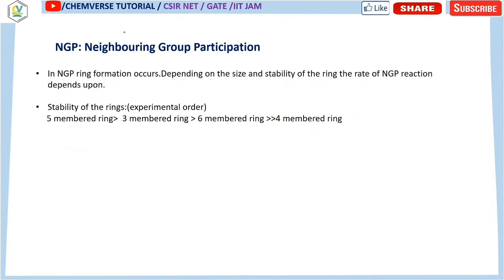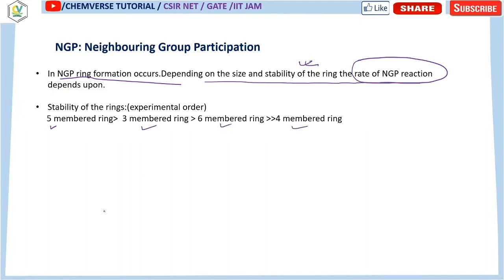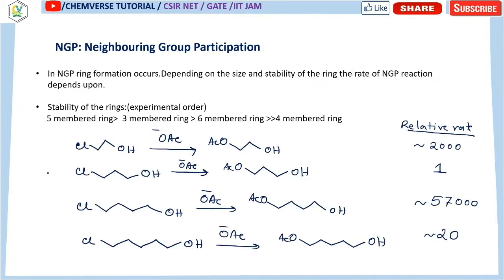As we can see, in NGP ring formation occurs. The NGP rate depends upon the ring size and the stability of the ring. Now how to determine it? The experimental order of the ring size is like this one. 5-membered ring formation is the most stable, then 3-membered ring formation, then 6-membered, and then 4-membered ring formation. So this is the experimental order of the stability of the rings, and that is why if any NGP forms a 5-membered ring, the rate will automatically be higher. So this is reflected in this